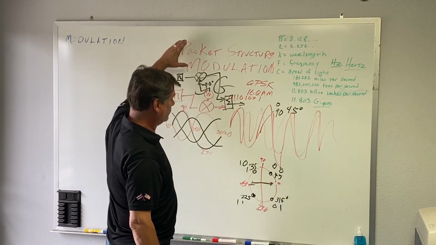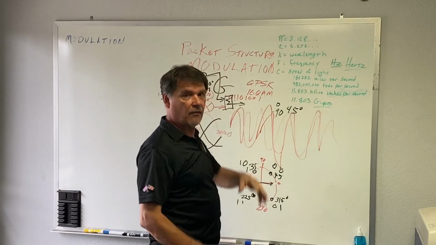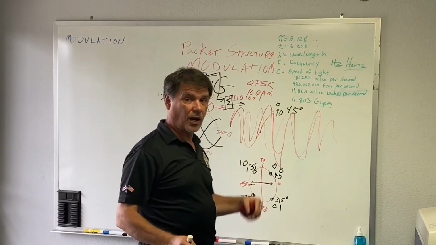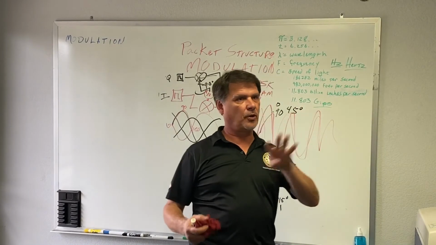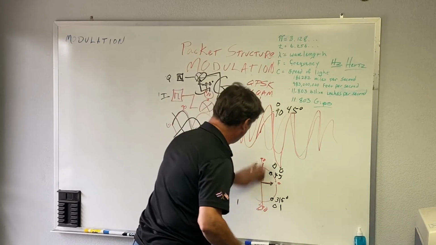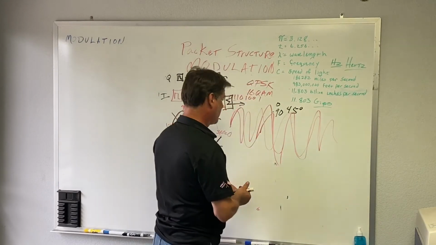Put 2 more in there. And in this case, have them control the amplitude of the thing. Now all of a sudden, you start to get into a higher density. Now you've got 4 data streams, all on the same carrier, all on that same pipe. But your vector diagram begins to look